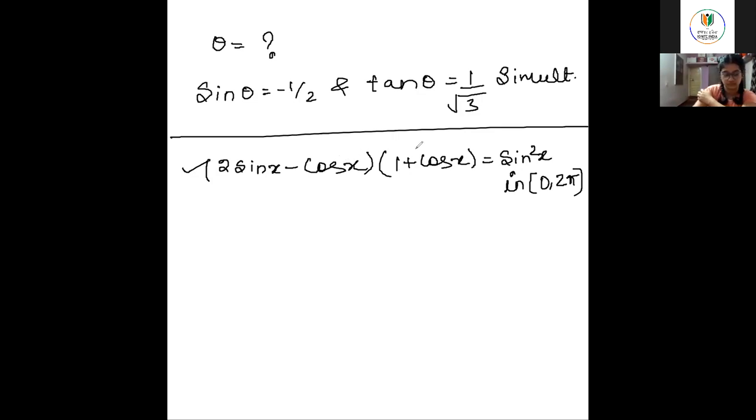Now this is your first type, where the trigonometric equations have a solution by factorization, or are expressed in quadratic form, or can be expressed in quadratic form. If you can see here, there's a square, correct? So this is expressed in quadratic form. Let's just find the answer for this first, and then I'll tell you how to solve this. You people just try. How will you do this question?